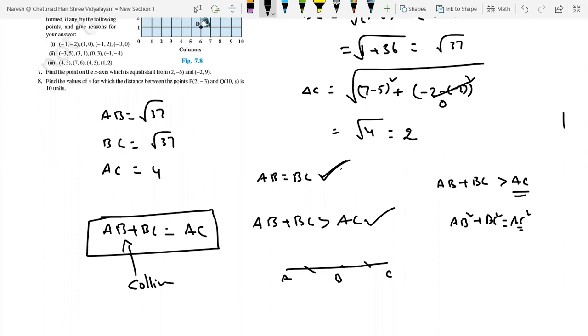First of all, we have to prove it will form a triangle, because 3 points have maximum two possible conditions. Either it will form a triangle or it will be on a straight line. So first of all, you have to prove it is not on a straight line. Then automatically you can say a triangle is forming. Once you decide that, then you have to say what kind of triangle, whether it is isosceles, right angle, scalene, or equilateral. That will be later. Clear why we have to show both the conditions?